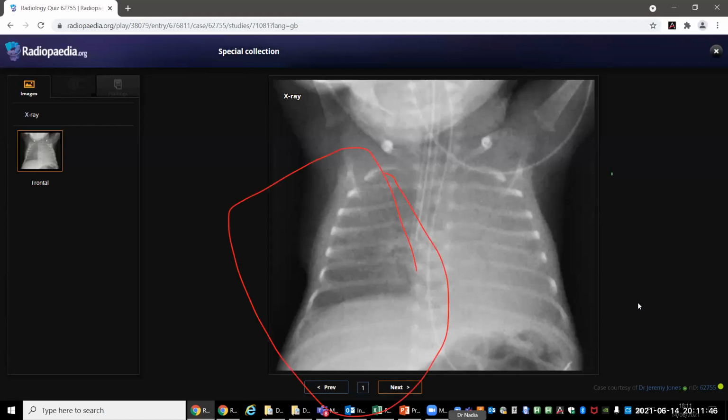So is there any other thing in this chest? Is this right lung normal? Okay, it is appearing a bit granular. So the possibilities, yeah, a surfactant deficiency, then other